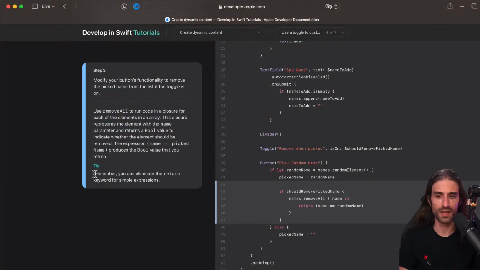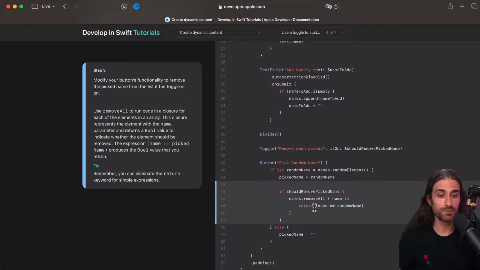And here, I don't really like what they say, because they say you can eliminate the return keyword for simple expressions. I don't like the fact that they say simple expressions, because simple is not precise enough. It's actually when you have a single expression. So this is a single expression. But simple, you oppose it to complex. But you can have a complex expression that is still a single one.